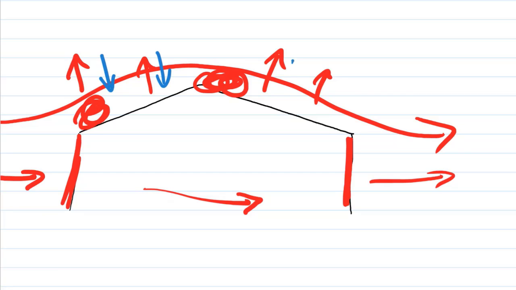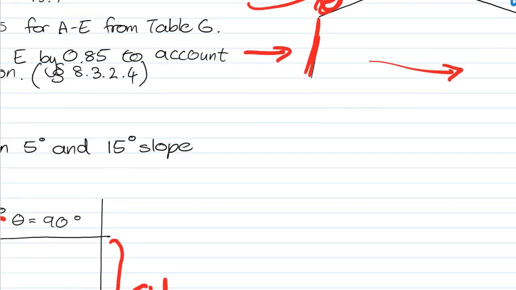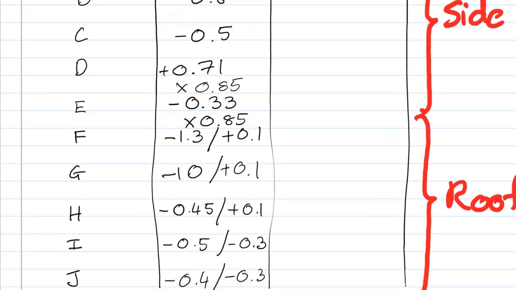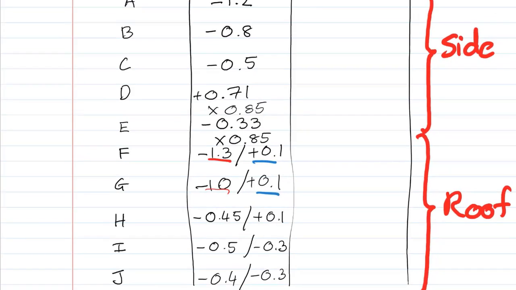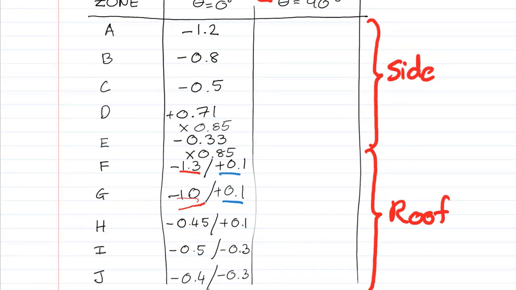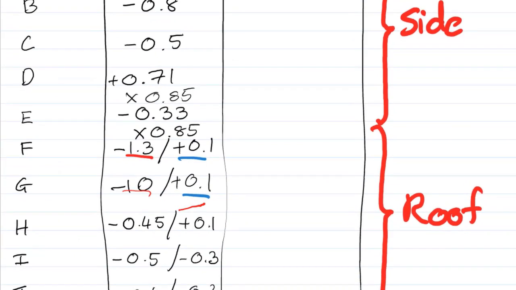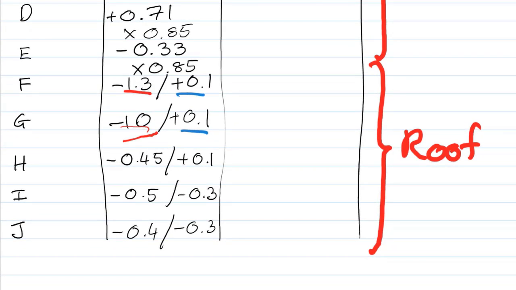So either you could have upward or downward, and remember this is the wind on the outside acting on the structure, and so either you can have an upward value and downward value. So the blue upward, and then also remember the negative value means away from a surface, so negative will be upward and then blue will be downward onto the sheeting. Okay, now that we've got all those values, we can continue on with the CPE values for the wind blowing